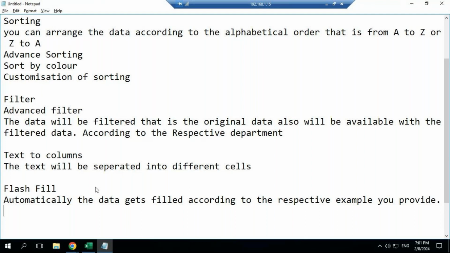Okay, so automatically the data gets filled according to the respective example you provide. Okay, ma'am, can you show how the shortcut key works on the Excel once again? Yes, I will show you. So the shortcut key of flash fill is,